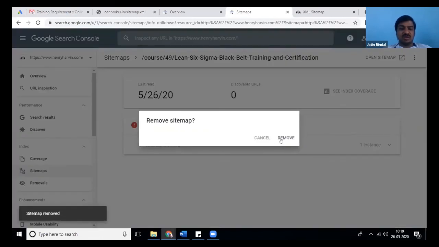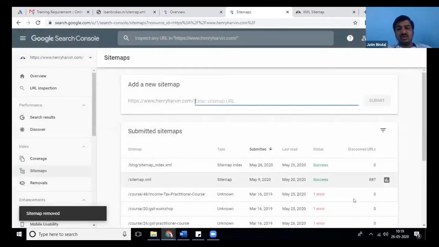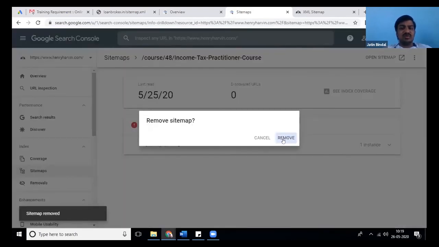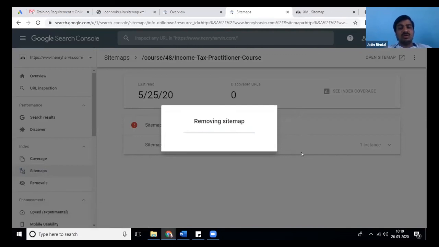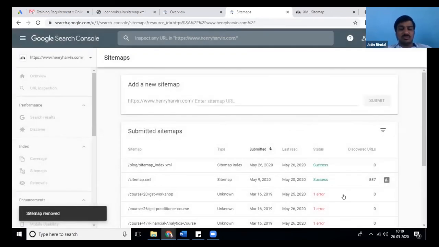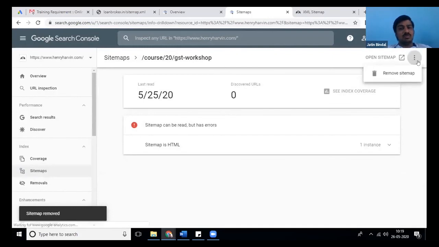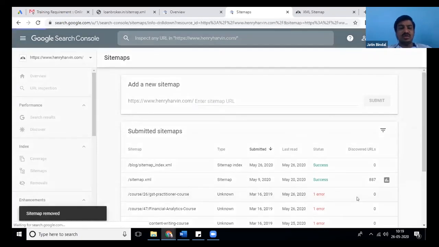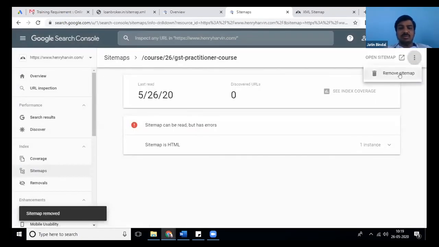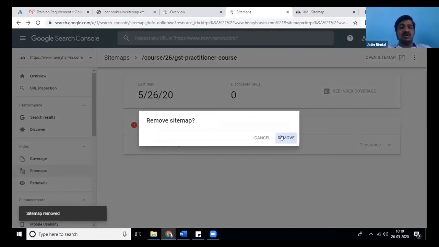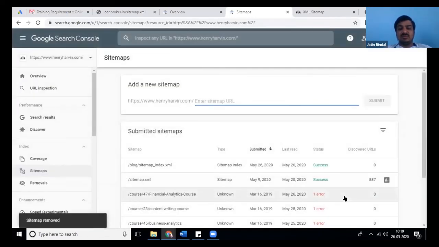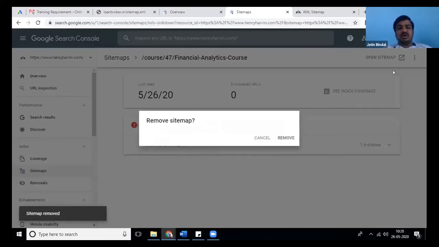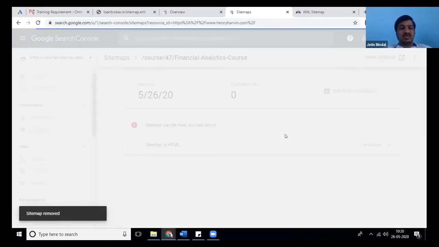So keep checking this area. This is critically important. If you keep submitting wrong sitemaps, after a point Google will stop crawling your sitemaps also. And if Google stops crawling you, then you will not rank on any keyword on Google. Remember, not even on the keyword which is your website name. Suppose Aditya got blacklisted because of this error.